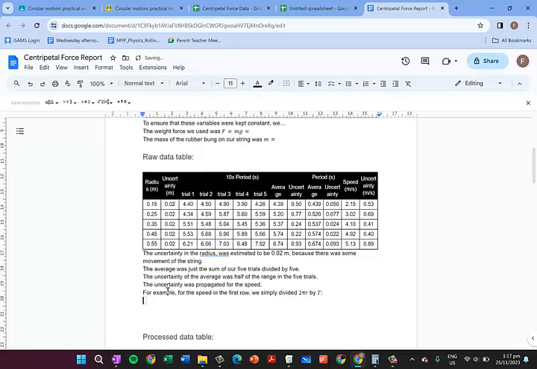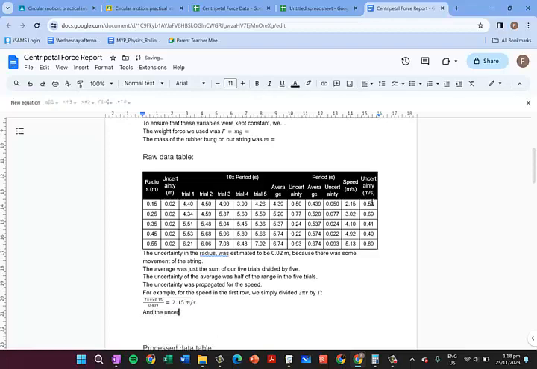And I'll insert equation. So 2 times pi spacebar times, and the radius was 0.15. In fact, I'm going to put this all in a fraction like this, frac, over, the period in the first row was 0.439, and that gave us the speed, which was 2.15 meters per second,